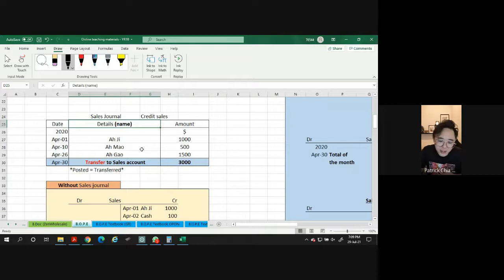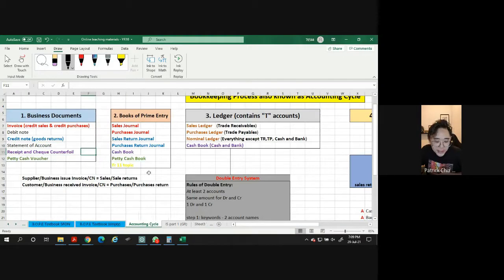So just a quick part for these journal things. Why do we need books of prime entry? Why can't we just go from double entry and then straight away to T accounts? Like in the cycle here, guys, early on I mentioned we actually don't need number 2. We can go straight from number 1 and jump to T accounts. From number 1, we do our double entry, then just do T accounts. Why must we do these extra things? I'll explain to you next week. Of course, there's some difference. This is supposed to make things faster and easier.